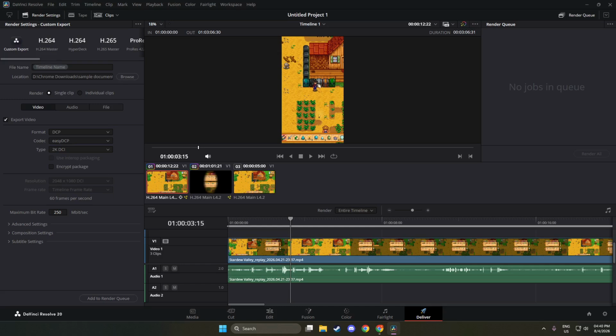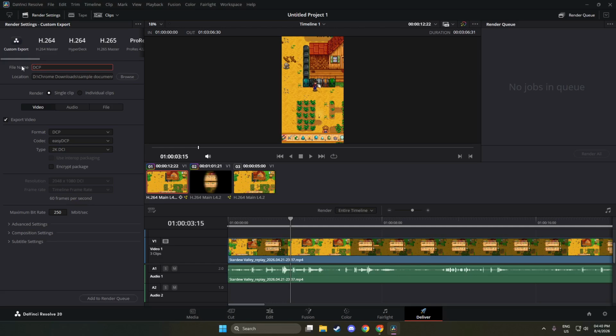Enter your film title in Composition Settings. In the Render Settings, look for Composition Settings and click to open it. There you can type the exact title that will appear in the DCP name. This title is what projectionists see when they browse content on a cinema server, so keep it clear and consistent with your release name. Once you confirm the title, the composition name field should now reflect your changes.